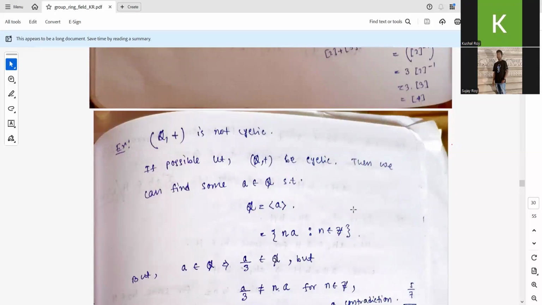Why? Because if Q plus is cyclic, then we can generate any element of Q by some single element. But now 1/3 belongs to Q. Now if you consider any element as a generator of Q,